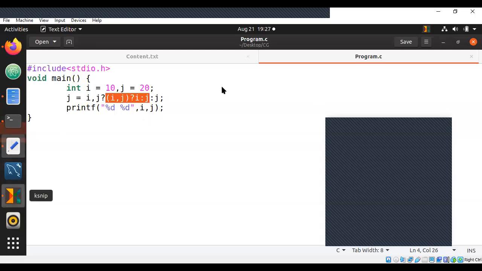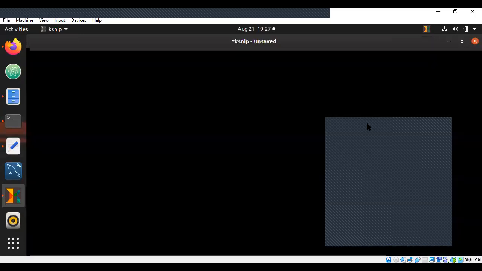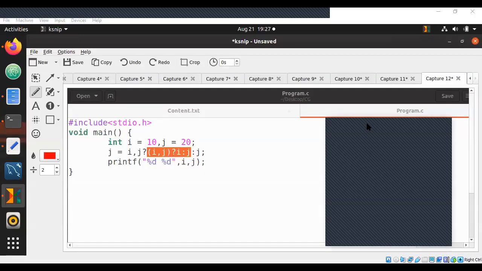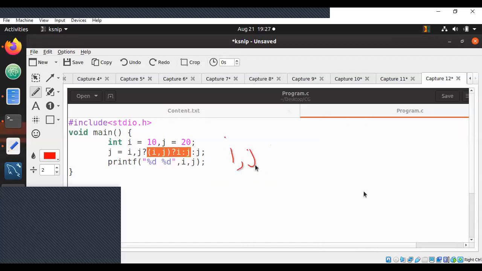So let us start with the inner ternary operator. Here we have (i, j) in brackets. Let me try to write it more clearly. (i, j) in brackets, and you have question mark i colon j. Now the condition was after j there should be a semicolon. There is no semicolon here.